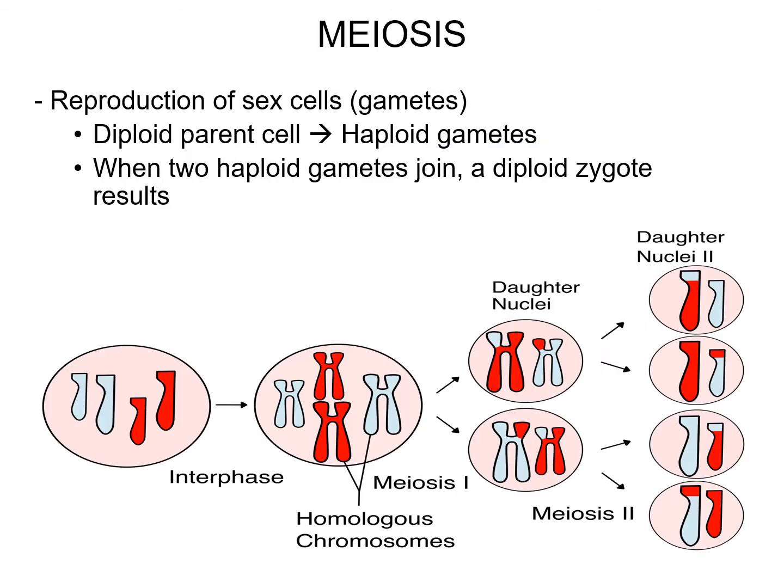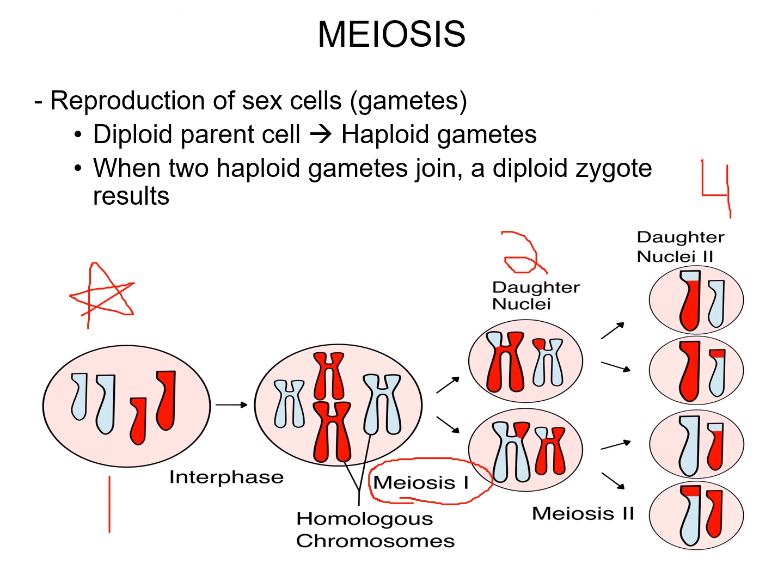So the last topic we have to cover is the difference between meiosis and mitosis. Essentially, what we're doing with meiosis is just doing mitosis twice. As you can see, we start with interphase and one cell. Then we go through mitosis, which we call meiosis 1, which gives us 2 cells. Then we do the whole thing again. So we do PMAT once to get 2 cells, and then PMAT again to